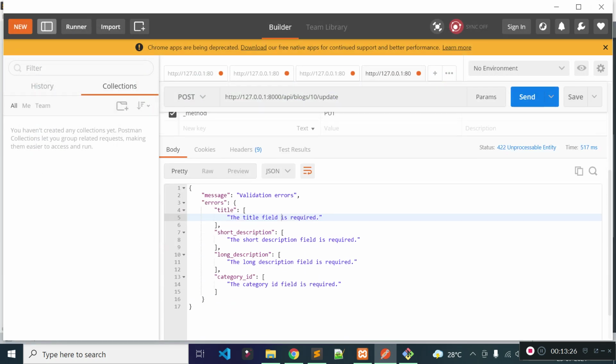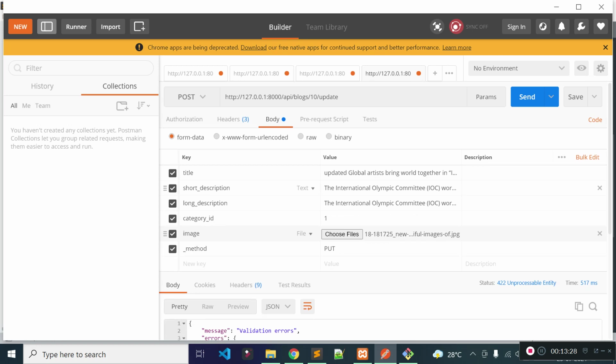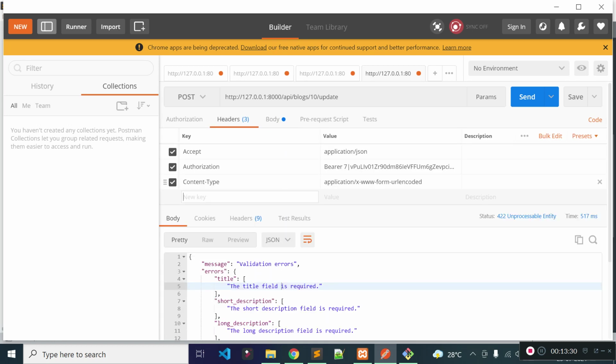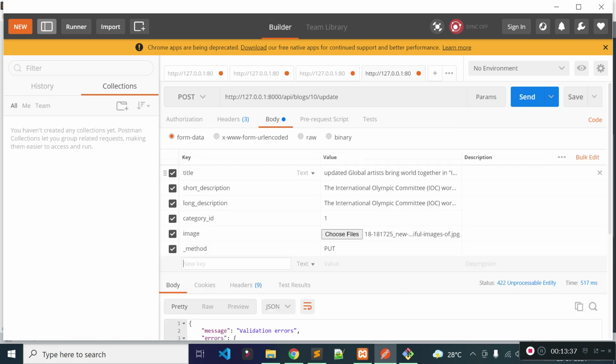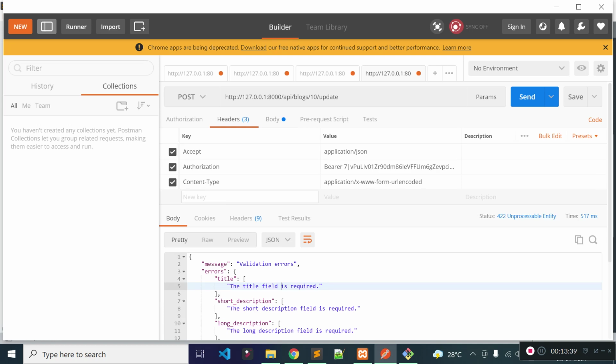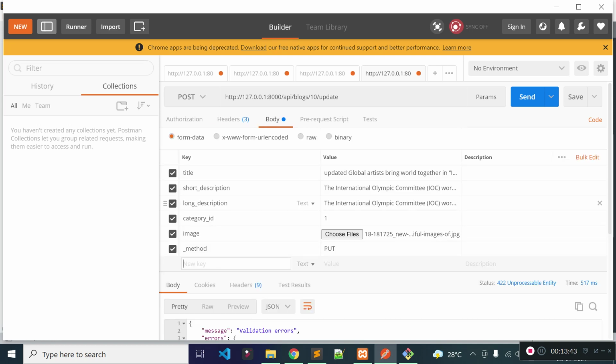Okay, but it will still not work because we have Content-Type inside our header. We have to remove this to execute this endpoint with form data. So let's remove Content-Type from our header, then it will work. Now let's execute this endpoint.